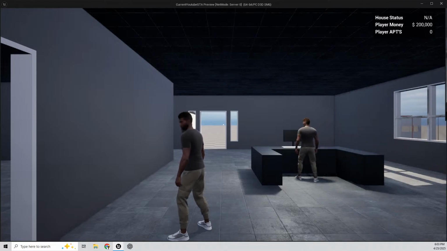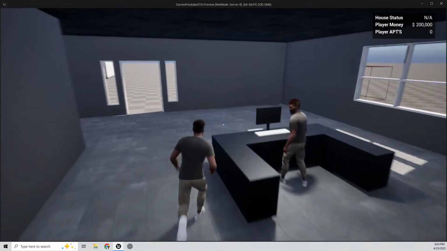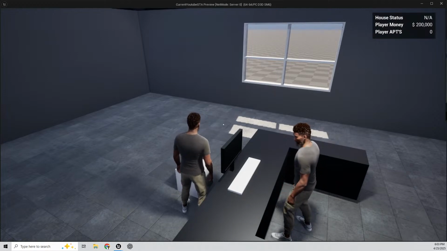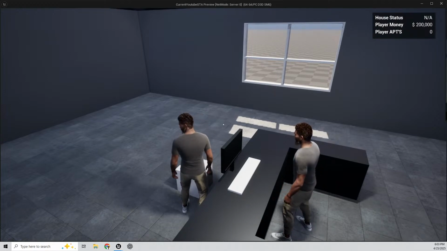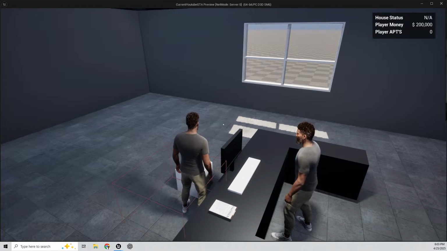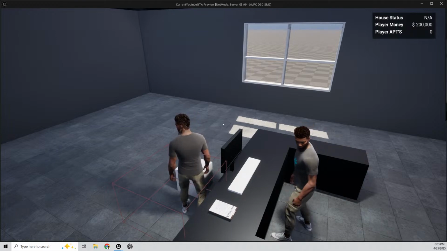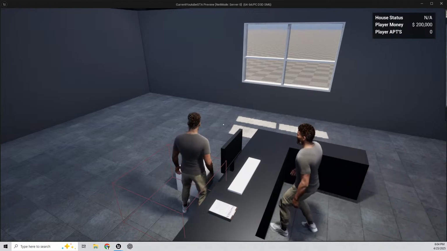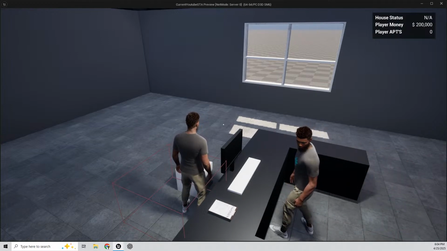Let's try it with the client now. If the client can spawn things. Yep, the client can spawn it as well. Yep, there you go. Now me, if I'm in here and I press E,